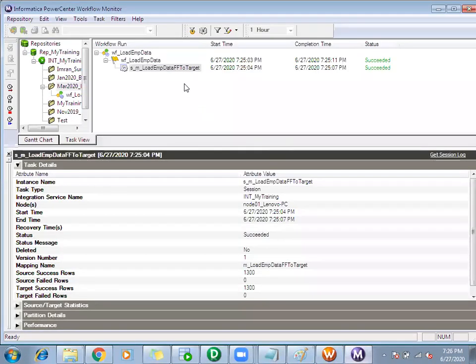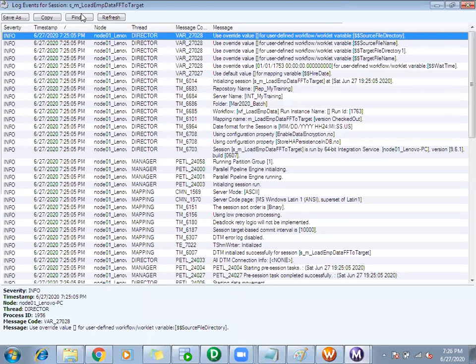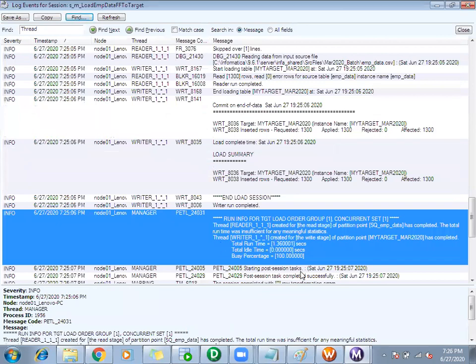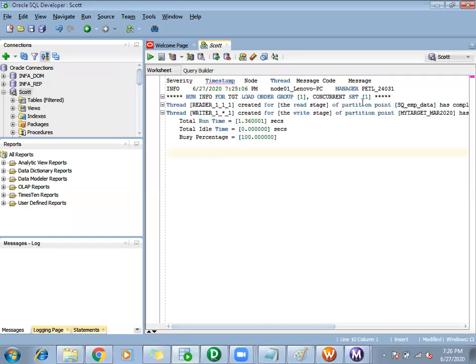So if I go and check the session log here, get session log, and if I find something with thread, you can see this.